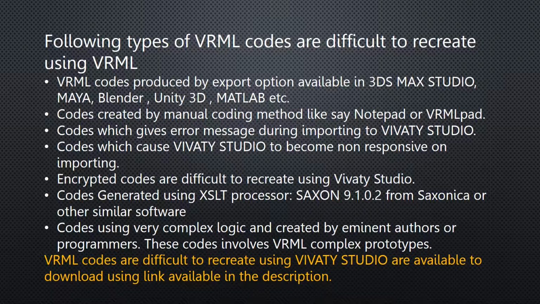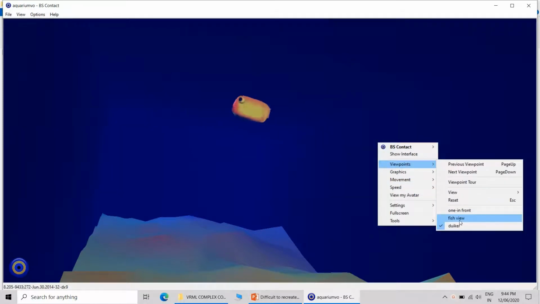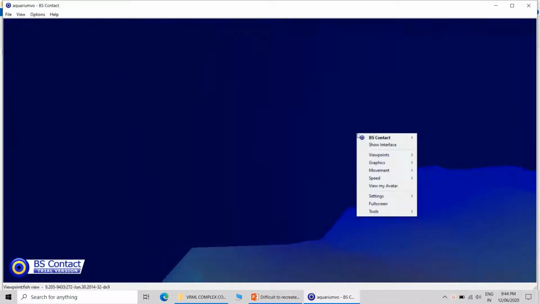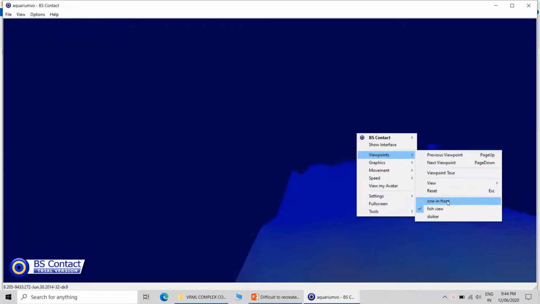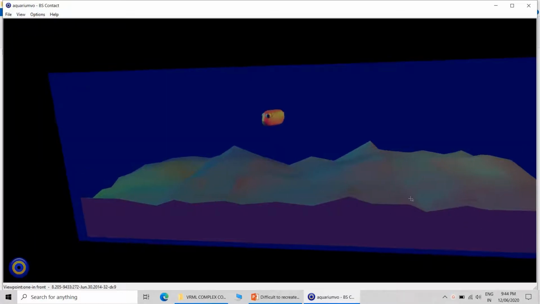I have captured the preview of all the codes, and let us have a look at all these codes one by one. This is actually an aquarium fish tank, and the fish is freely moving in the fish tank, and it takes different positions in the fish tank. I have used this particular code in my